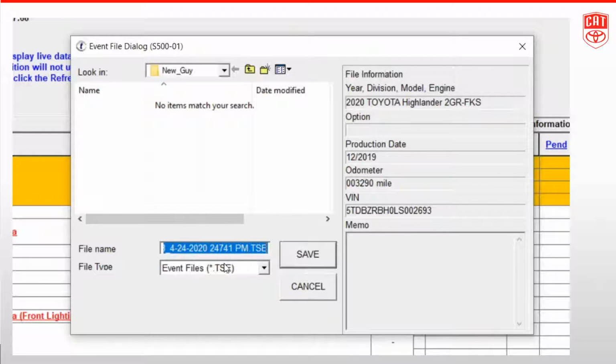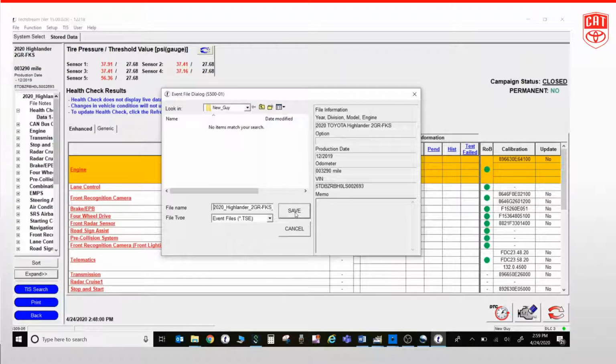to that location. Now when it comes to renaming the file, I would recommend don't rename the file. There's a lot of vital information in this file name that's pre-populated. The date, the time, the VIN number, the engine, the model, and the year. Just keep that in there. Don't get in the habit of changing that name, because that information never changes to this vehicle, so just leave that alone. Click Save,